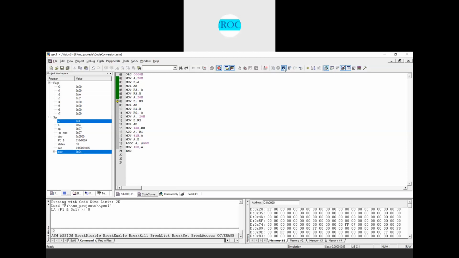Okay, yeah, that's correct. Since the content is FF, I was looking for the other example which we were looking at. Now move B comma R3. Now what we have in R3? R3 is having 01. Now again I perform multiplication of these two, so multiplication AB, B is having 0 and the lower byte is having FF.